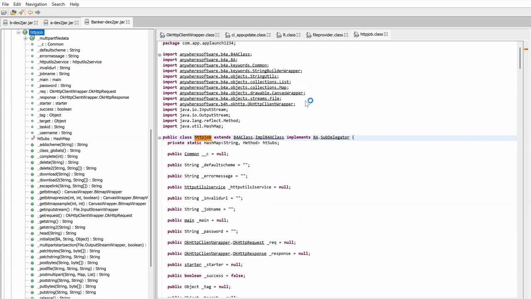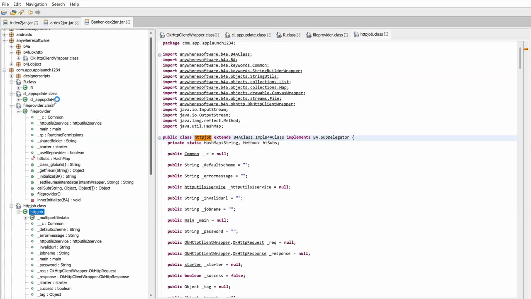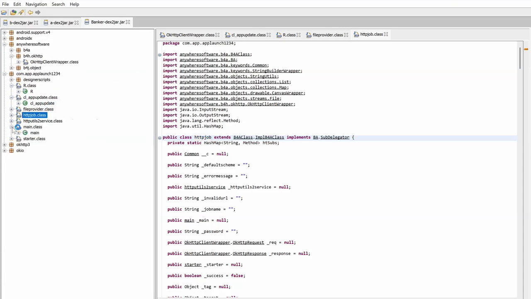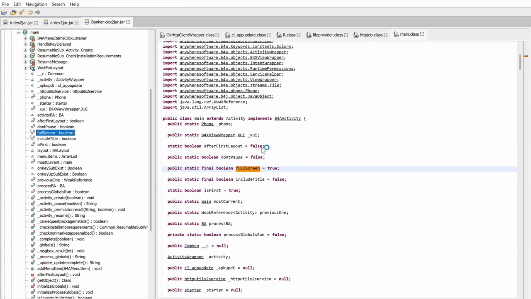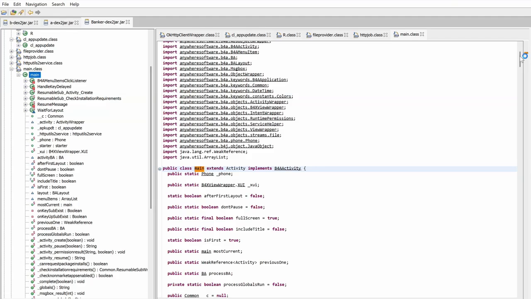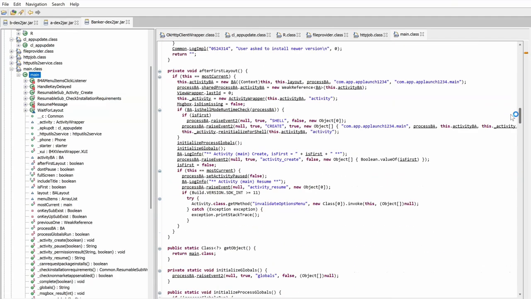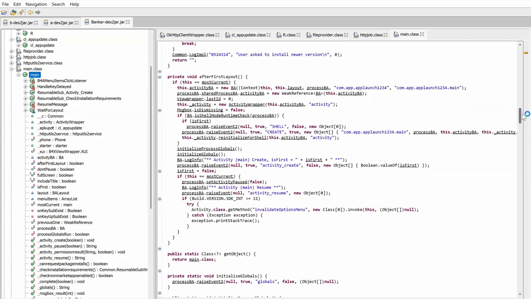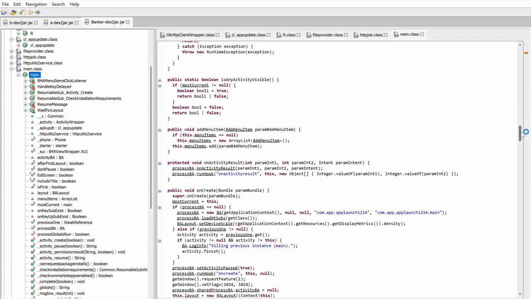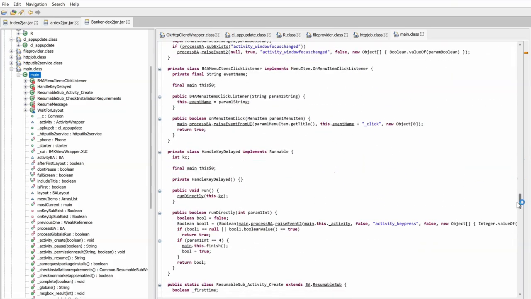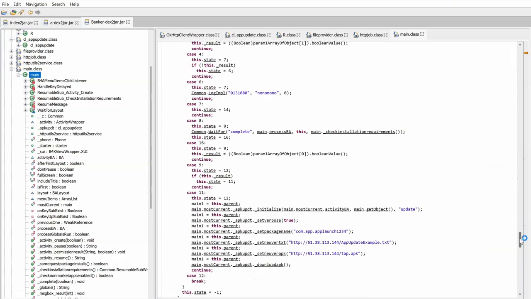HTTP object classes over here. It's a banker. Main classes. Let's just try to click on main, and that's some information about the user being asked to install a new version, active process key. So that's very